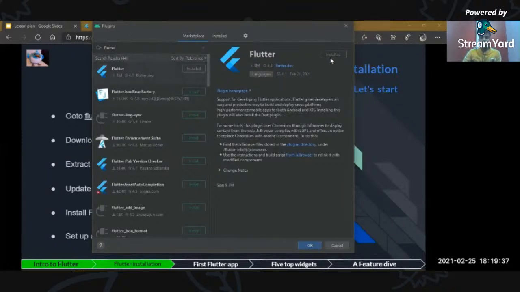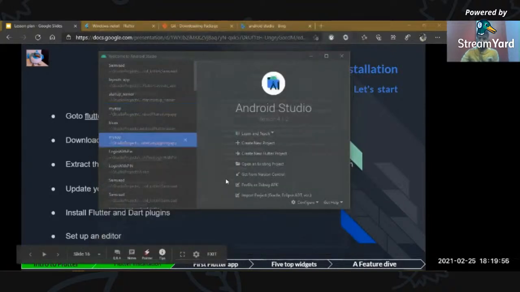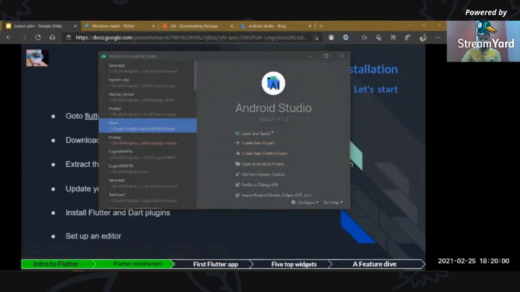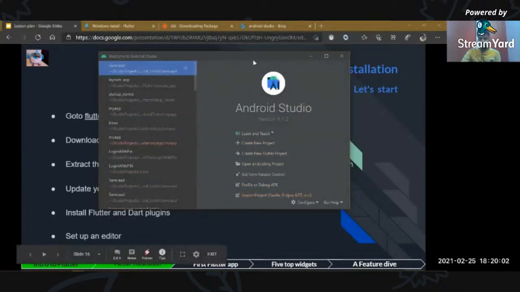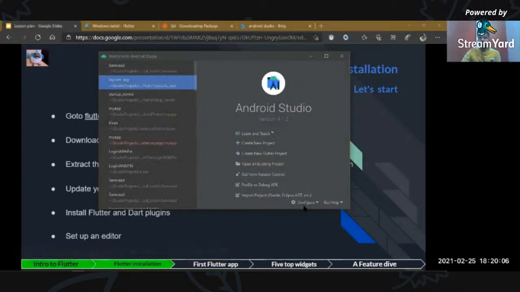If you are installing it for the first time, you will have to click the install button, and then it will prompt you to install the Dart plugin as well. So install both the plugins and then click OK. As soon as the plugins are installed, you will be prompted to restart the Android Studio IDE. So you have to restart it.